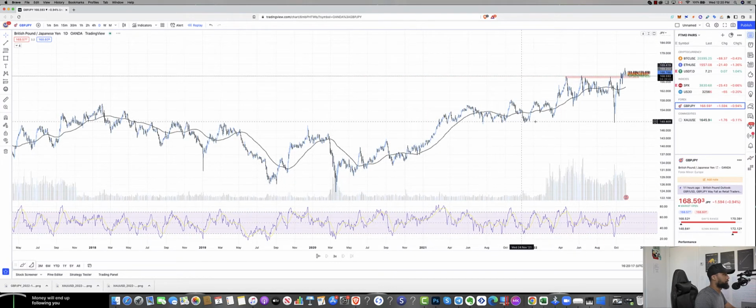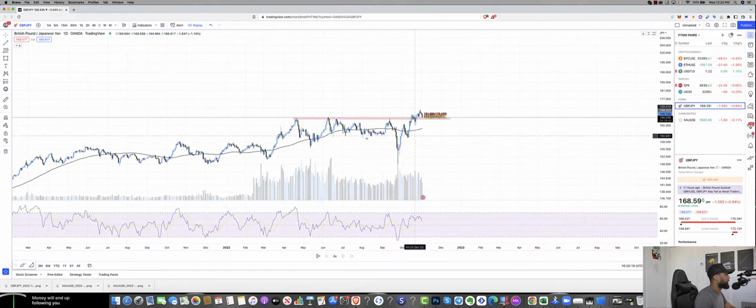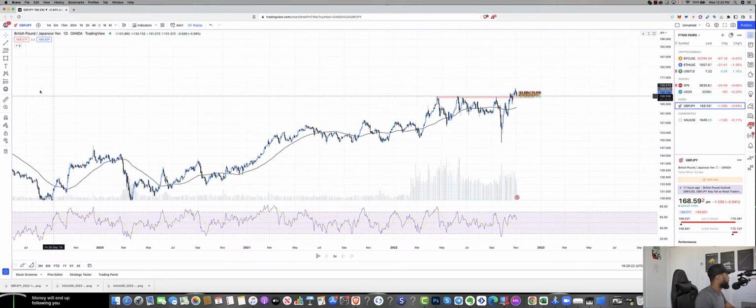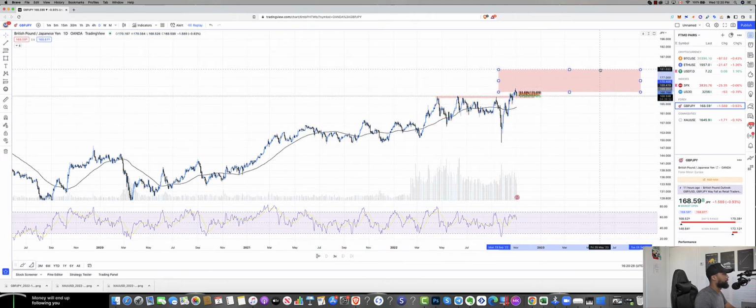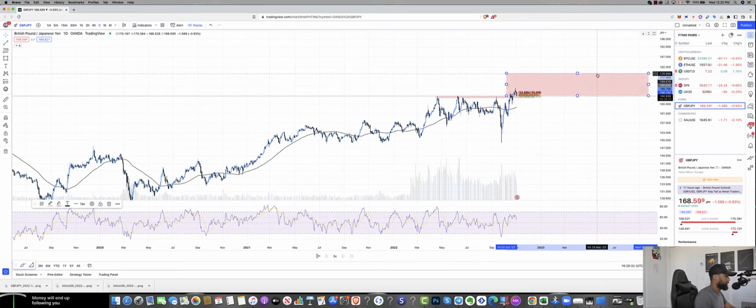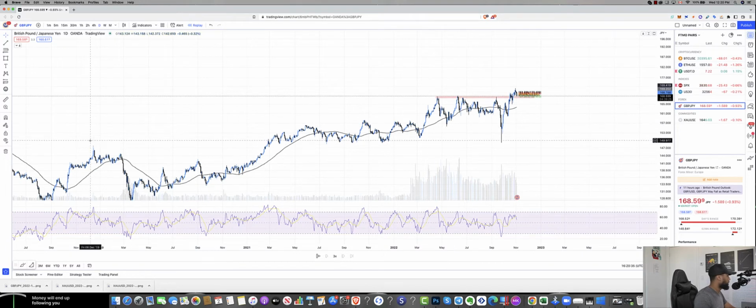So from here, we've just maintained higher lows, consolidation. We've had areas of consolidation and then pushed higher, area of consolidation, push higher. So we could have another push higher from this area of consolidation. So this is definitely an opportunity for that. But